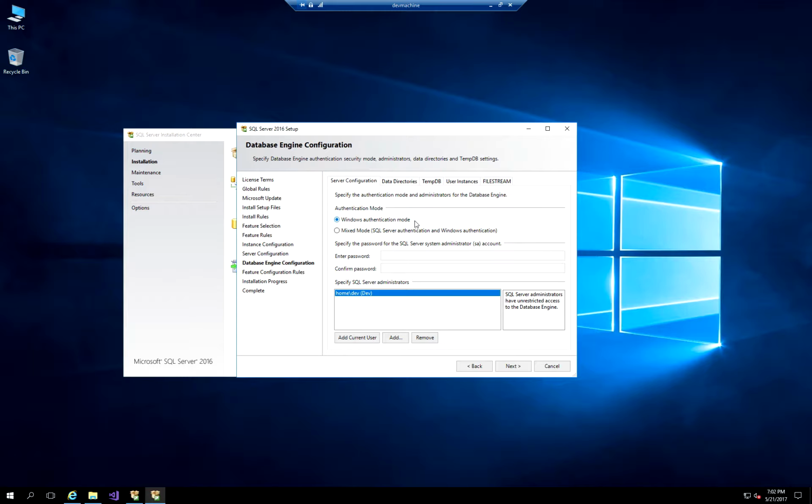Now, if you are running in a workgroup mode, you would probably want to use mixed mode authentication, which allows you to create local accounts and use those local accounts to connect to your server. So in this case, I am going to be choosing the Windows Authentication mode, and by default it already puts my account that I'm logged in with in as the SQL Server administrator,